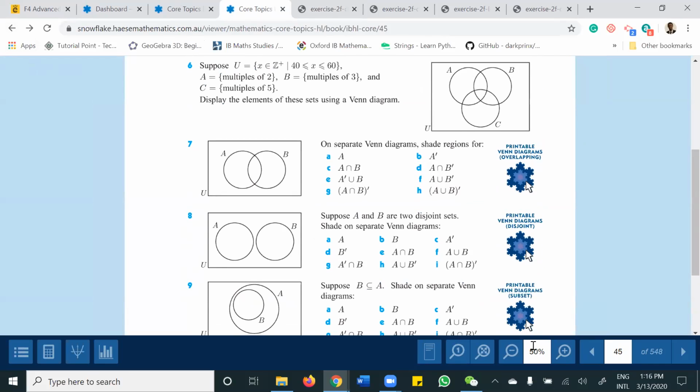I'll pause the share screen and download. Please confirm if you can still see the question. We can still see the question. Yes, thank you. So question 7. I'll name the file practice question 7, question 8, so you know which one I'm talking about.